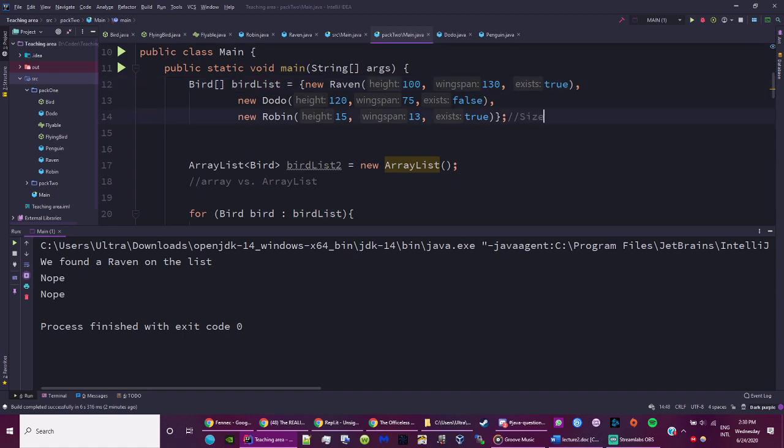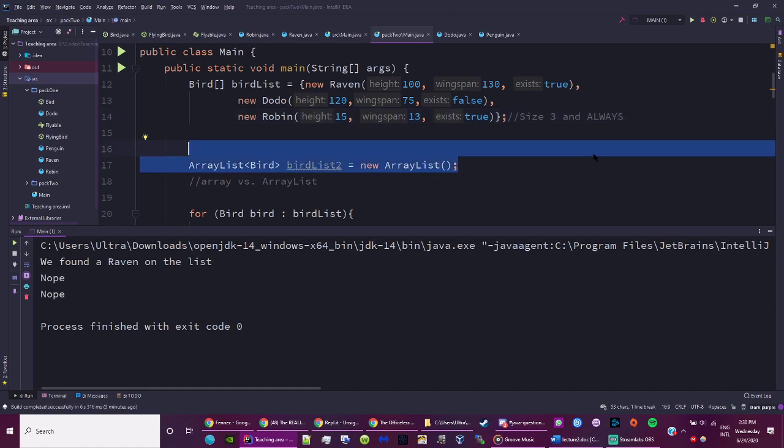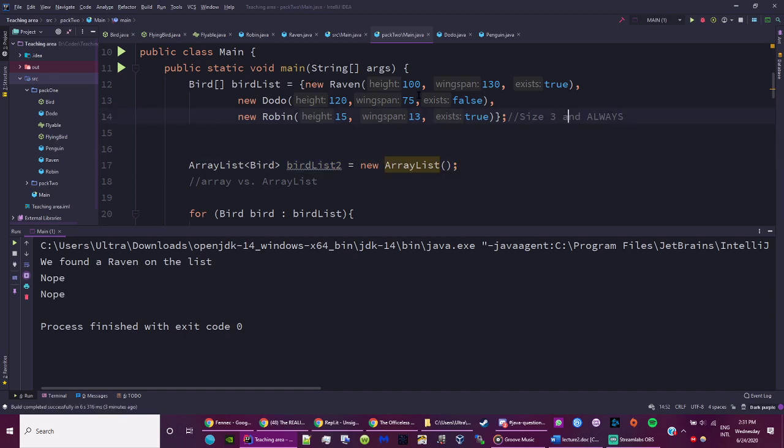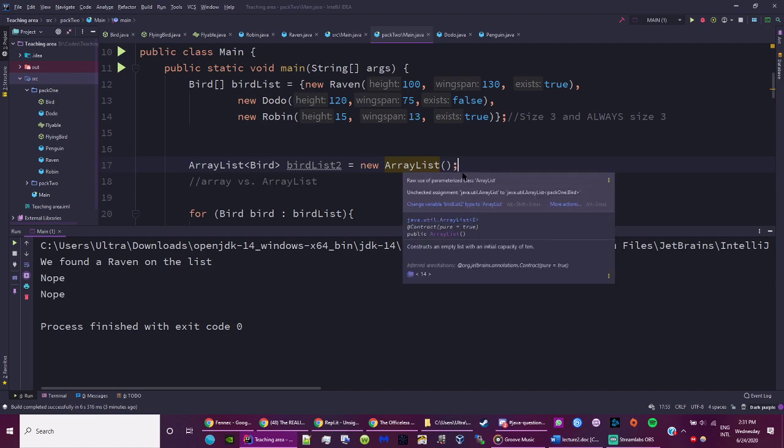So we can say that our bird list is of size 3, and it is size 3 and always size 3 unless we do some rearranging, or reinitialize it with a larger size. But if we don't do anything to it, this is always going to remain as a size of 3. What array lists offer us is